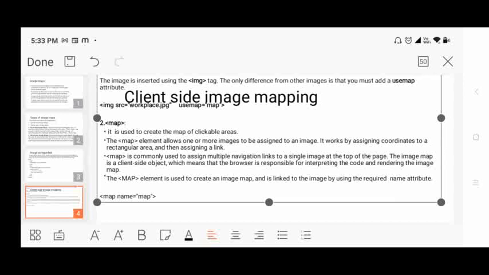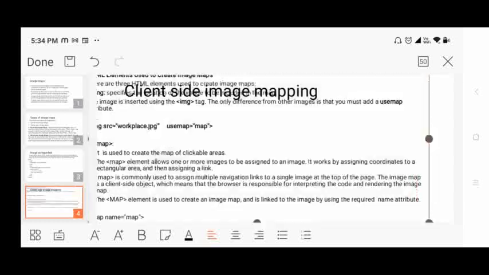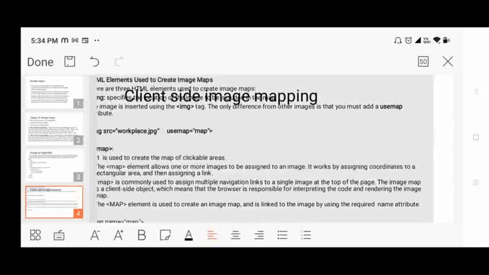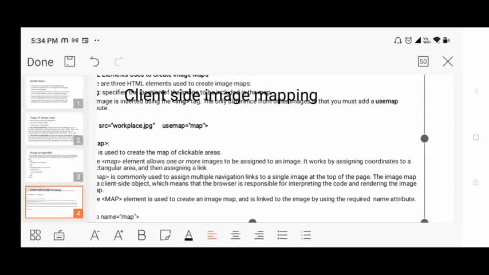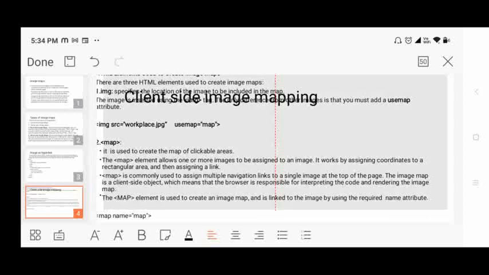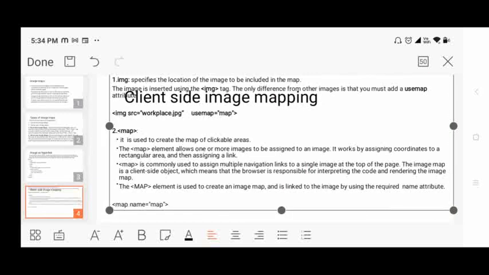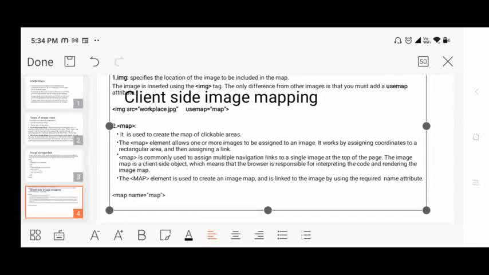Now next you see the syntax: map name equals map, I have given. See this map name, and in the image, source equals workingplace.jpg, I have given use map, and whatever you have given as the use map and this map name, both should be the same.